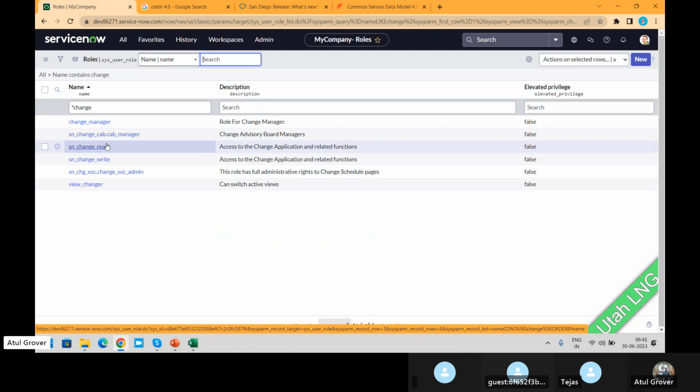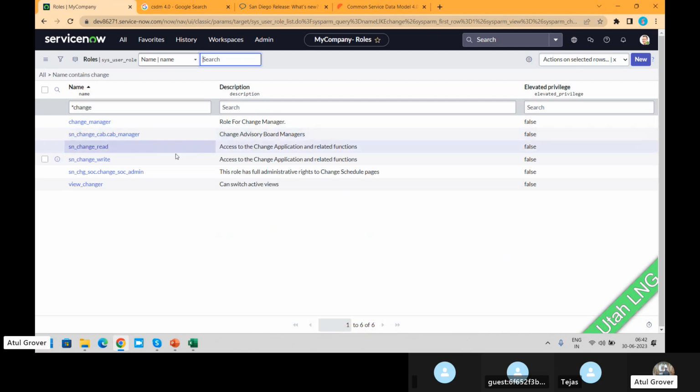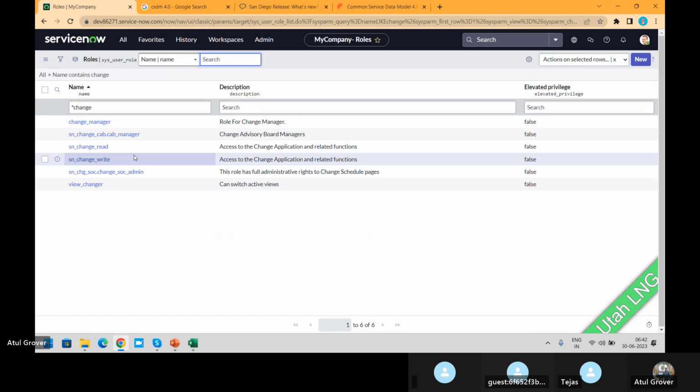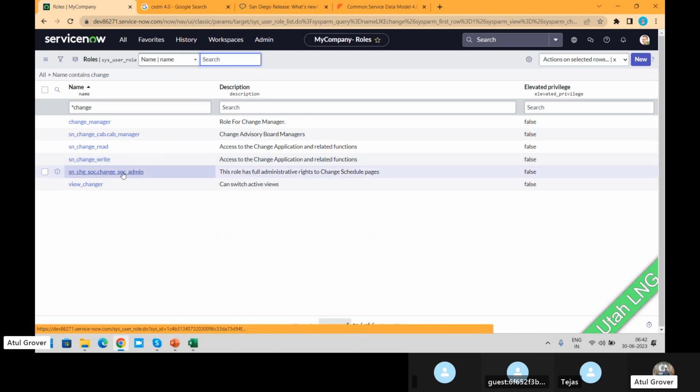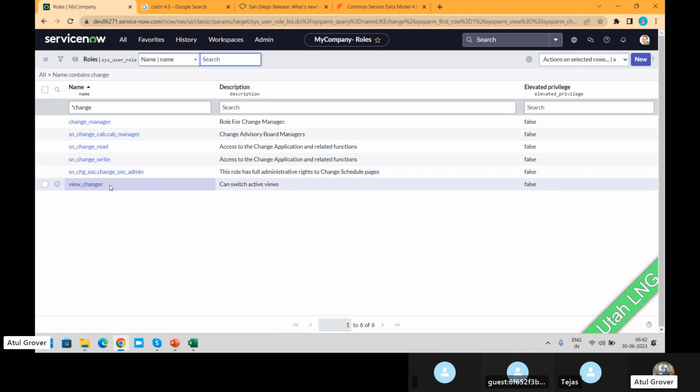Then only read is done by this role, only write is done by this one. And this is a role for scheduling the changes, where you can go and check and manipulate the schedule. It means one more concept I'm adding is called scheduling. Schedule assistant is there basically. And finally, who can view the changes